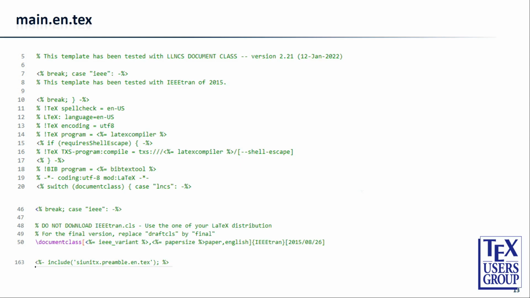Like then at the beginning, there's a switch case on which document class you have, and if it's IEEEtran, then the document class is written there. Here it is: documentclass IEEEtran, there and there and there. And it's also like if you choose